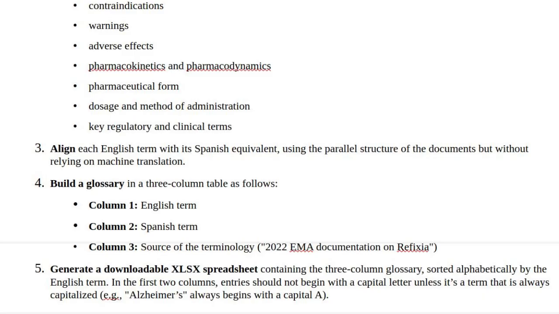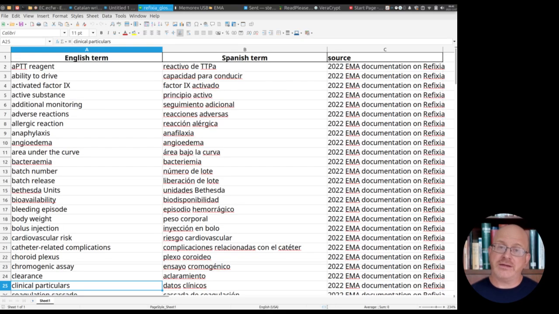And then, and this is something I didn't realize you could do in ChatGPT, generate a downloadable XLSX spreadsheet. In other words, an Excel format spreadsheet containing the 3-column glossary sorted alphabetically by the English term, and then I talk about the formatting, and I submit the prompt. And after it asks me a bunch of questions about exactly how I want this to go, it does finally spit out this extremely useful Excel spreadsheet,